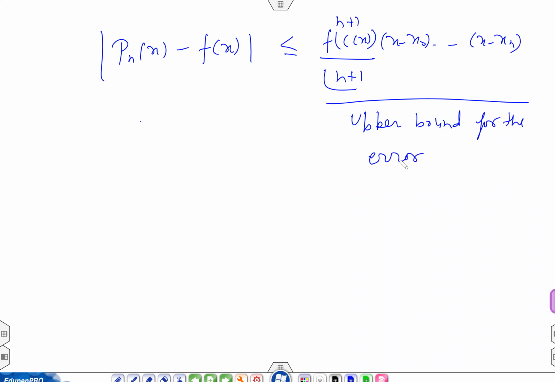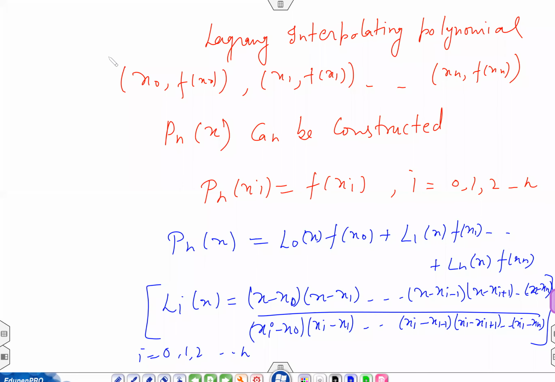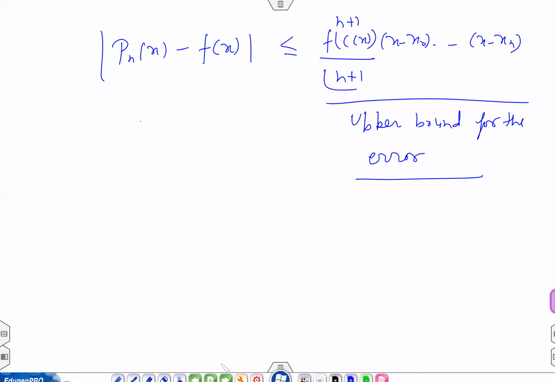Now let us discuss the drawback of the Lagrange interpolating polynomial. The positive point is that if the data is available, then we can compute a polynomial of degree less than or equal to n, in the form of a Lagrange polynomial. Okay. And we get the error bound. And the next point is